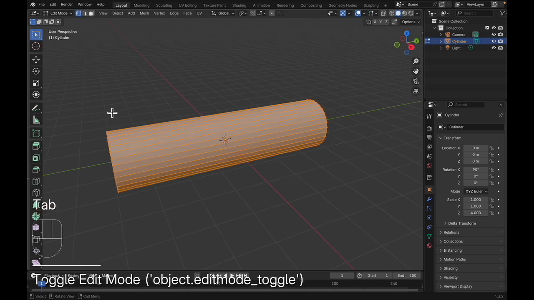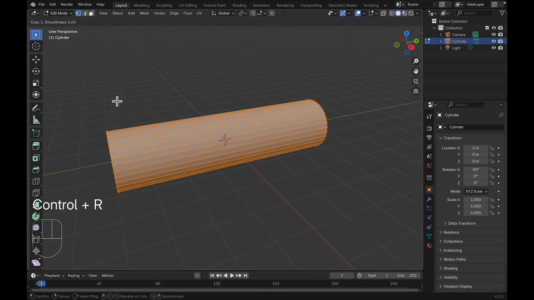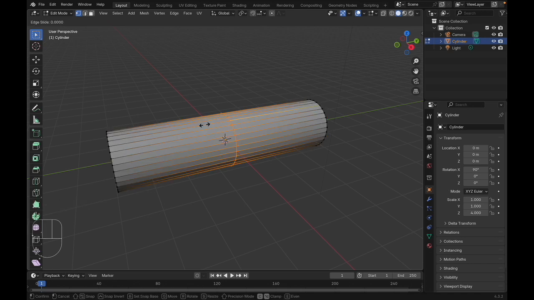Go to edit mode. Control R is the shortcut for loop cuts. So we'll place that loop cut there and we'll